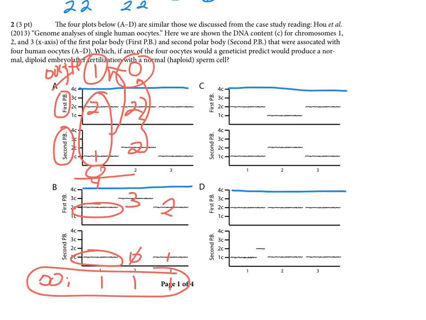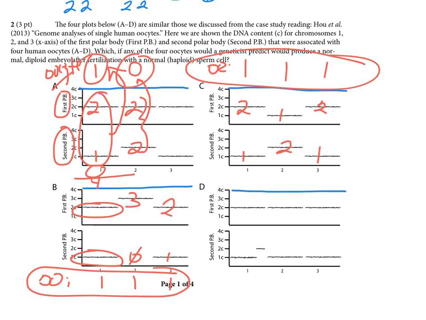Panel C, we have in the oocyte 1 copy of chromosome 1, 1 copy of chromosome 2, and 1 copy of chromosome 3. So that would again be a typical haploid oocyte. Again, here we're just summing the numbers of copies of each chromosome found in the 2 polar bodies and then subtracting that number from 4, the total number of chromosomes that are initially present in the cell at the start